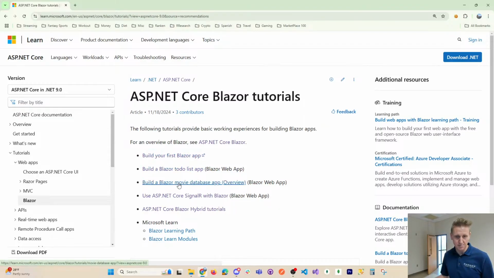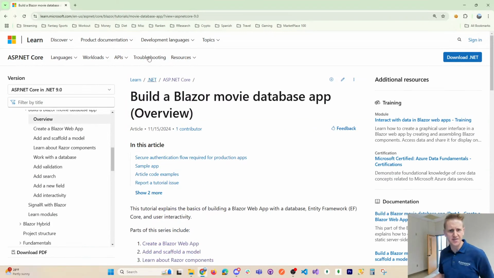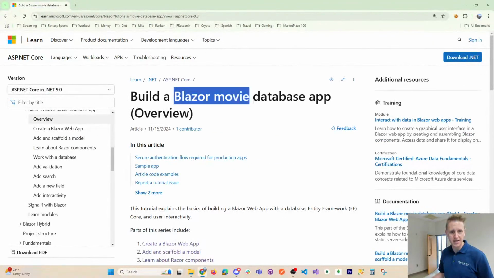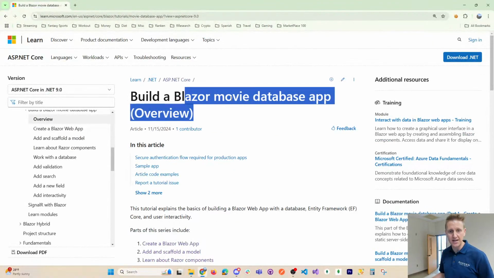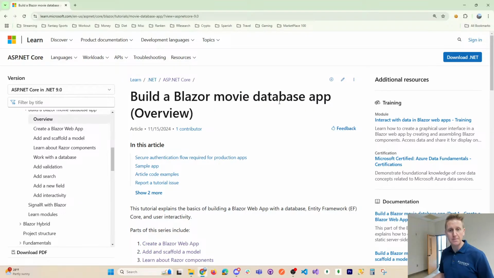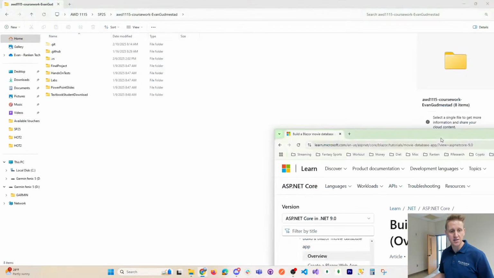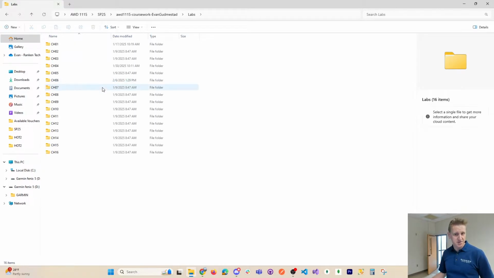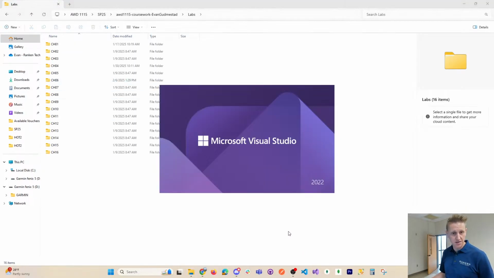and here is where I'm building a Blazor web app with a database. So this is the tutorial that I'm going to work my way through, and I'm going to change it to be, instead of a movie database, I'll make a pizza database, as if we're selling pizzas or whatever. And so I'm going to stick this on my computer